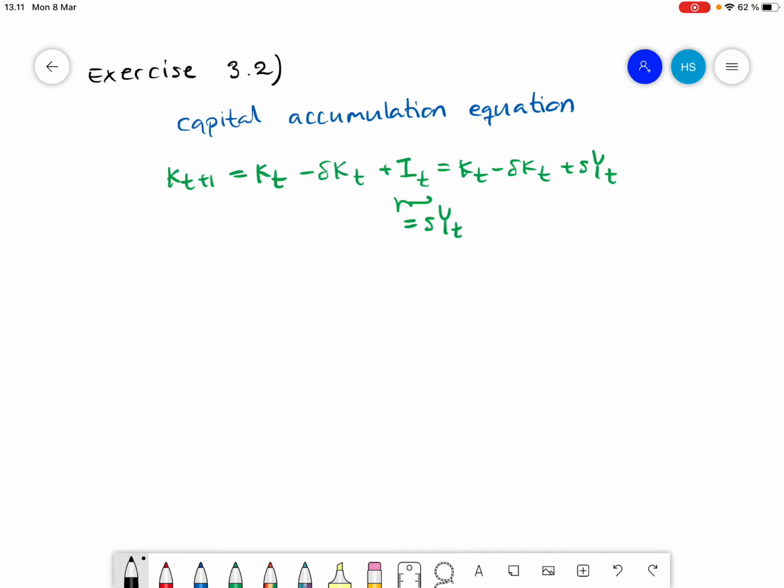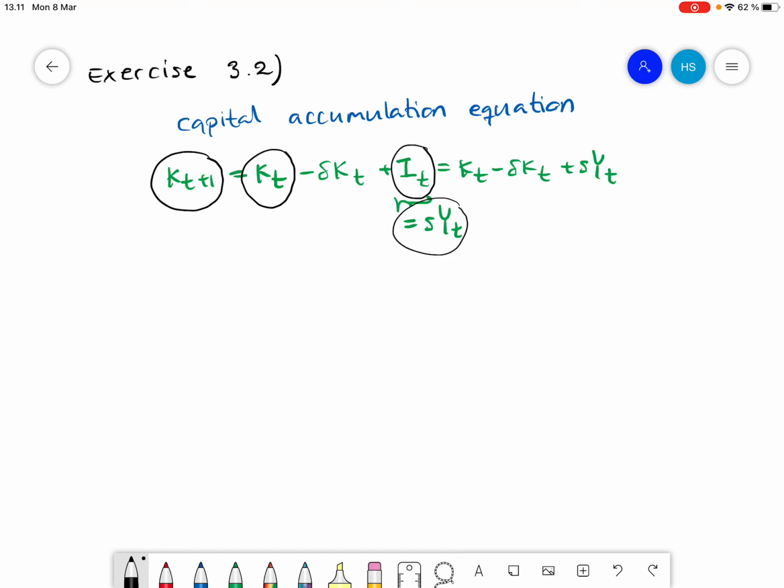So in this exercise, we have to state the condition for the steady state. Before stating the condition for the steady state, we have to recall the capital accumulation equation, which is the green equation that is displayed on the screen. The capital accumulation equation says that the next period's capital stock, K_{t+1}, is equal to the initial period's capital stock plus investments,